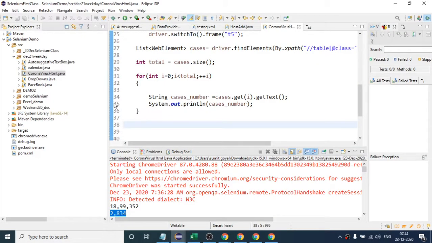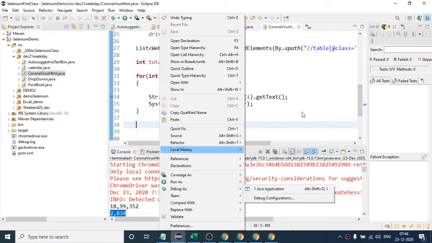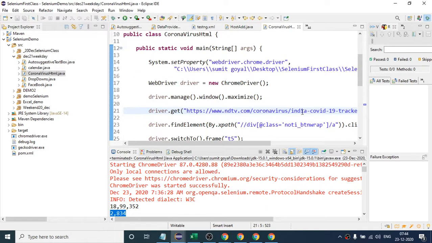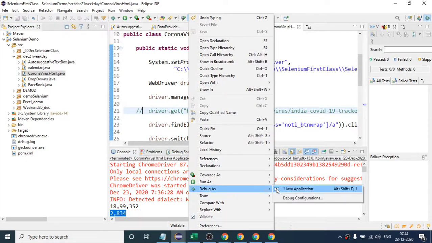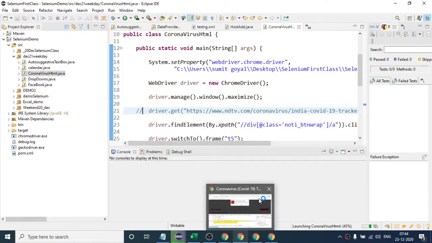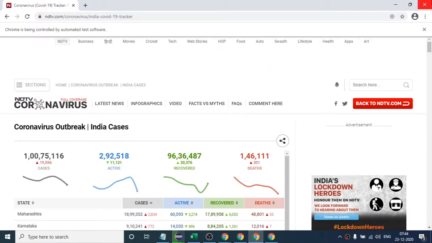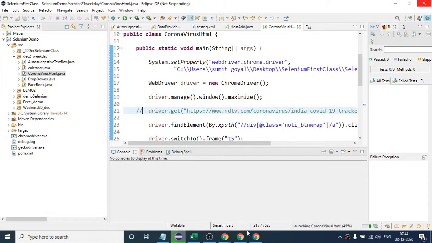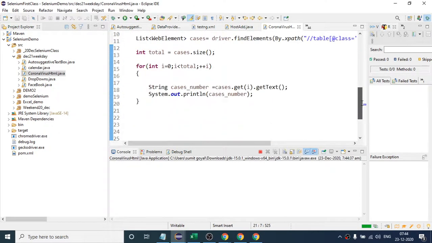And if you see how the numbers are coming in the debug mode, let me do one thing. Instead of clicking this NDTV, I will click it manually, so I can save some time. Once you run forward, you can use this statement. I am doing it manually because it is taking more time to complete. So close this. And I think we should stop here this time. So let me put a debugger here as well.